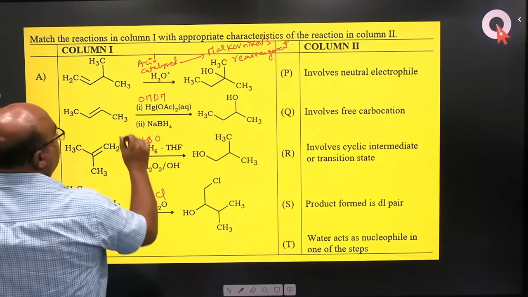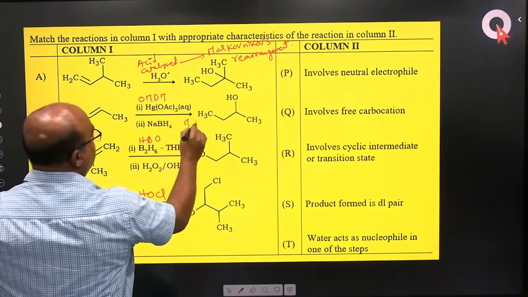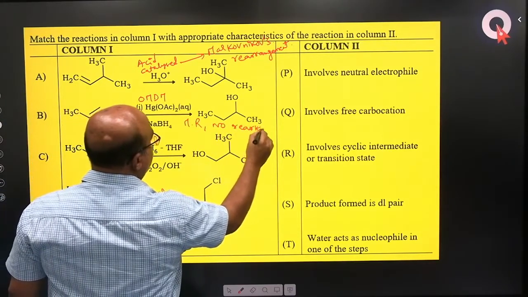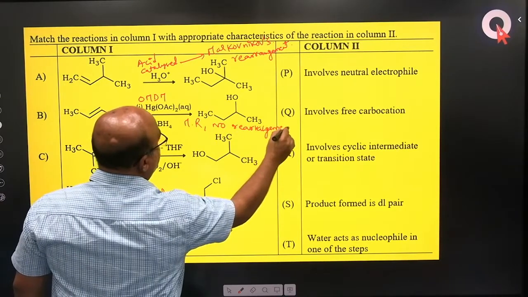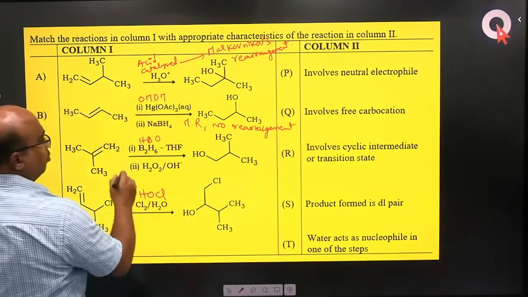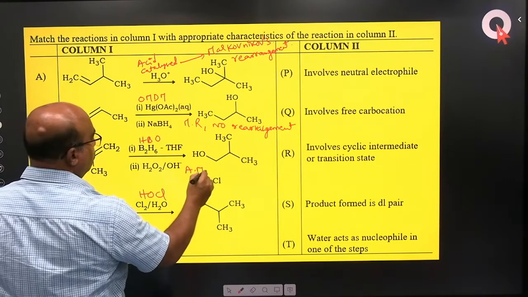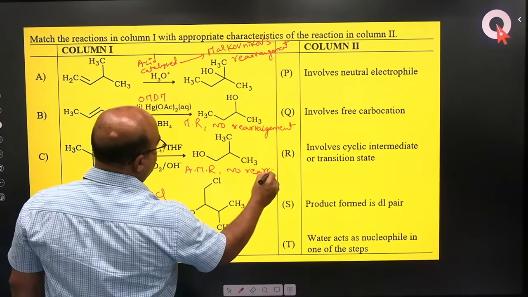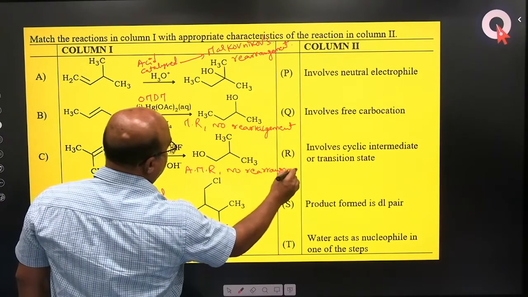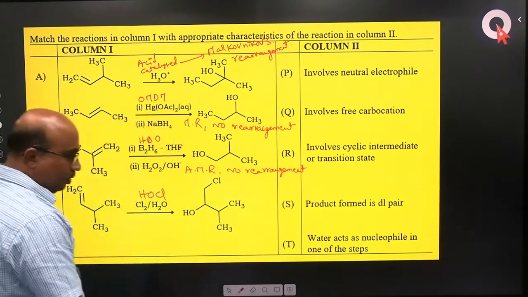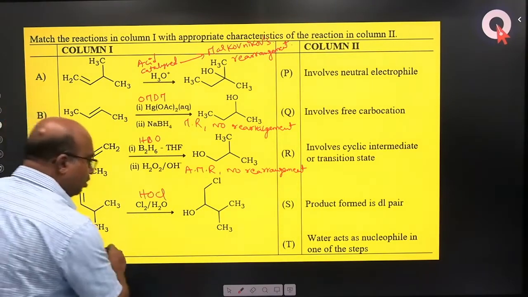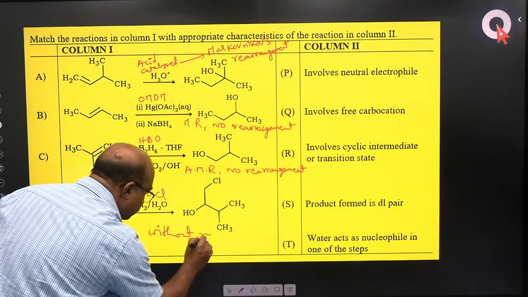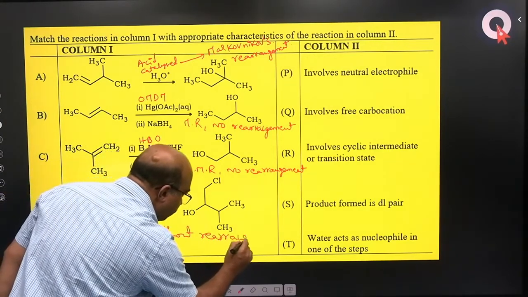So this one is Markovnikov, MR, but no rearrangement. This is also anti-Markovnikov rule without rearrangement. And this is again without rearrangement,